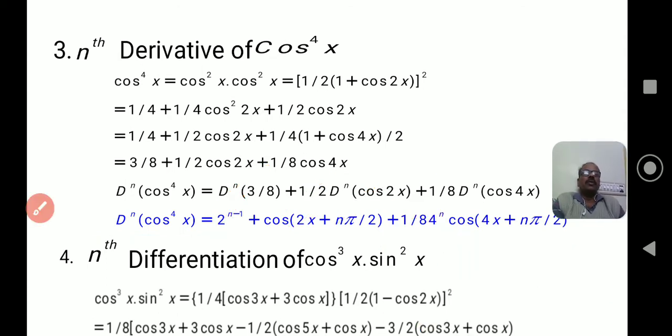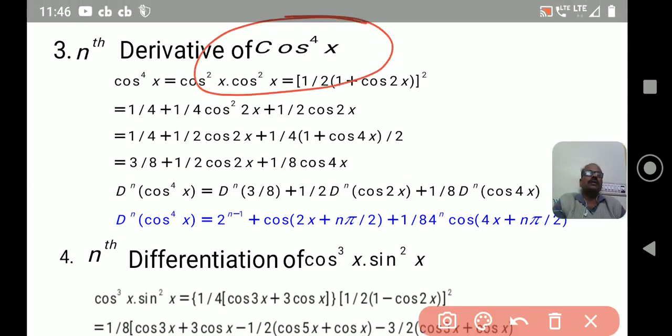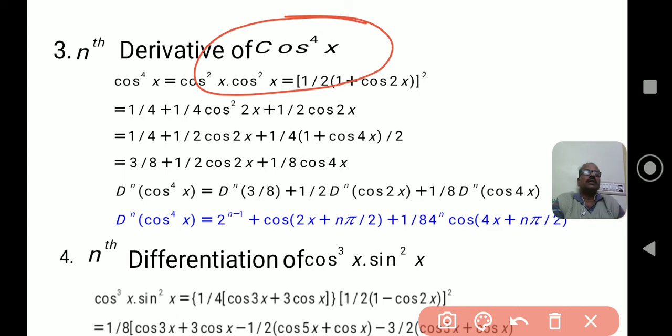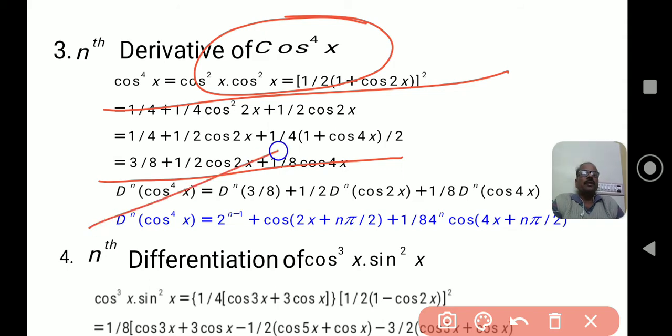Once again, I repeat, the very interesting factor is that when you are given cos to the power of 4 x, cos square x and cos cube x, there is no such result for the nth derivative. The derivative result for the trigonometric function is for the linear form cos of bx plus c or sin of bx plus c. That is the reason by using the transformation formula and multiple angle formulas, you can express cos square x, cos cube x and cos power 4 x in terms of such formulas. Again you bring in the linear form, then apply the nth derivative results. You should remember this.